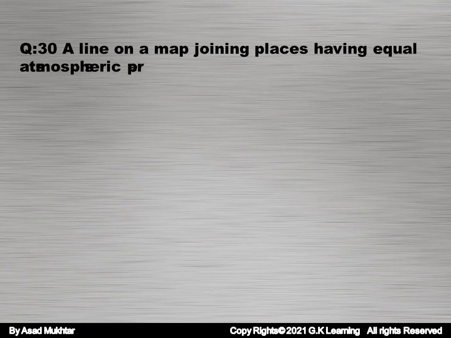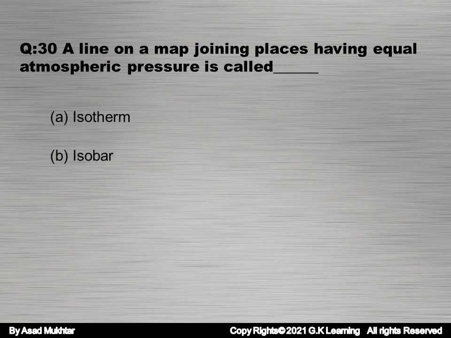A line on a map joining places having equal atmospheric pressure is called isotherm, stratosphere, isobar. Which country is known